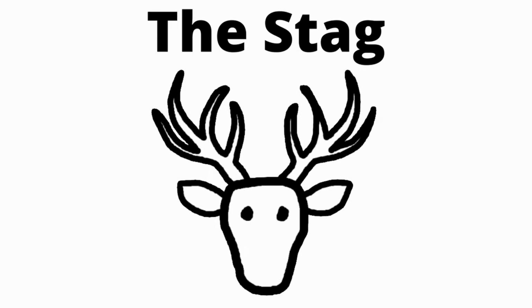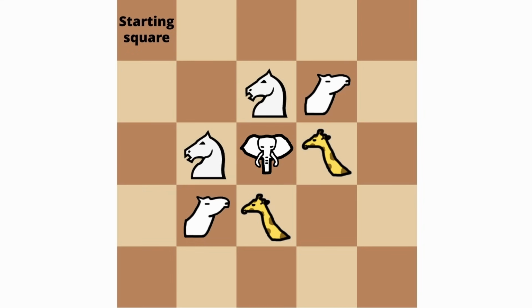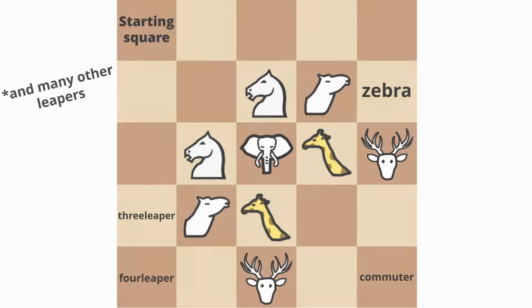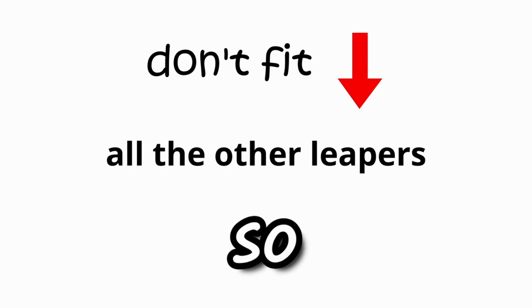Great. Now get ready for the final leaper, the stag, which unlike the elephant is actually strong. Let me show you the movement of this thing. It's 4x2 squares, definitely pretty strong. And there are obviously many more leapers out there. There is 4 leaper, 3 leaper commuter zebra, and even a piece called Zero, which I guess just moves to where it was. But we can't fit them all into this DLC,